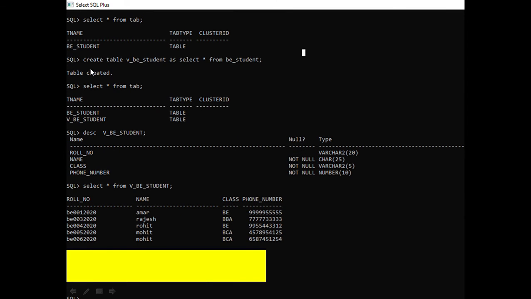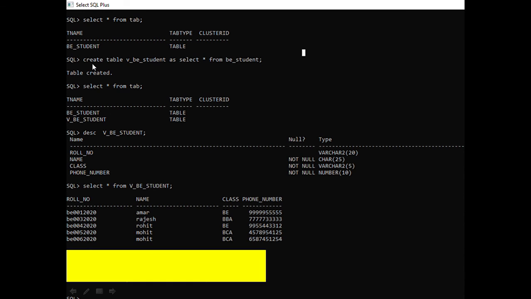Now this is another command: how to copy a table. You can copy the whole table or you can copy only the columns you want. The command is create table. Suppose I am creating a new table, V underscore B underscore student. You can write anything here. This is my new table.